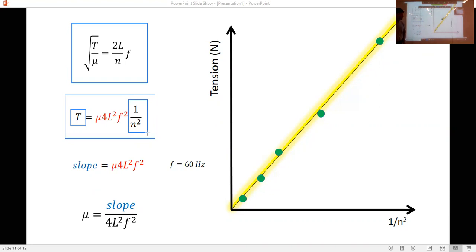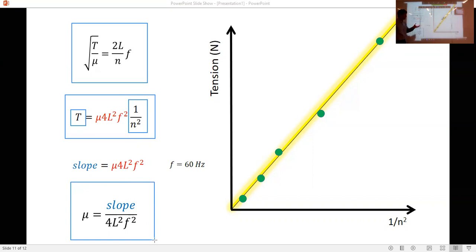And using that slope, you can then manipulate this equation. Slope is equal to mu times 4 L squared, F squared, okay? Manipulate that to solve for mu. I'll just divide both sides by 4L squared, F squared. And mu now becomes equal to the slope divided by 4L squared, F squared. Okay, so